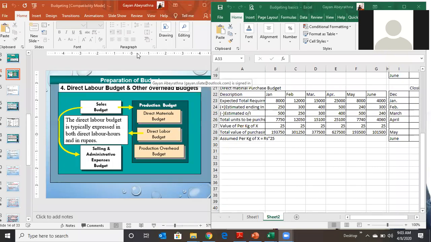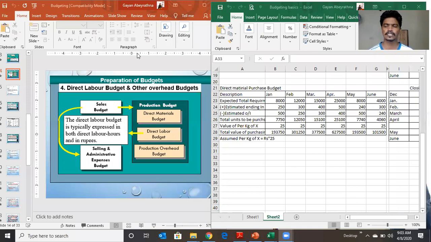Okay, we are discussing the budget. Then we are discussing the functional budget. Already you know what a budget is. Then we discussed the sales budget, the direct material budget, and in the case of the direct material budget, we discussed the direct material usage budget and the direct material